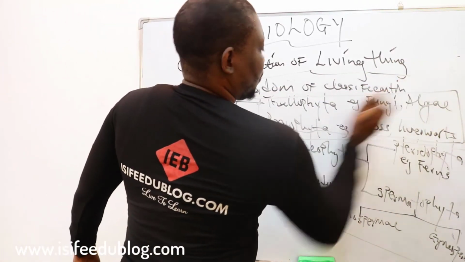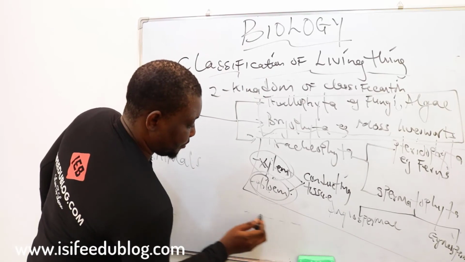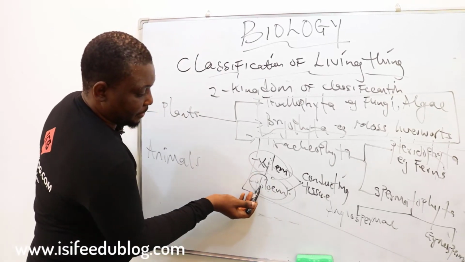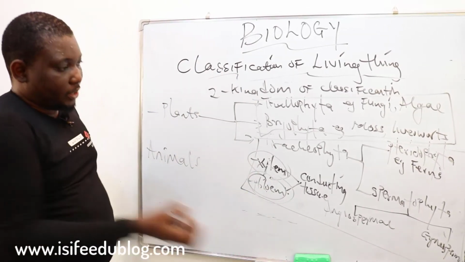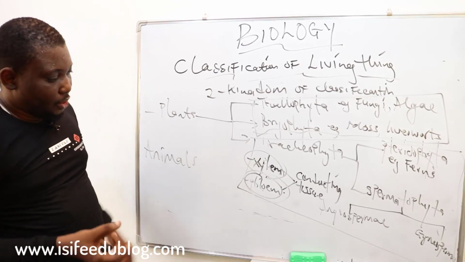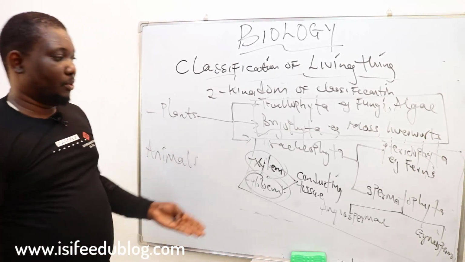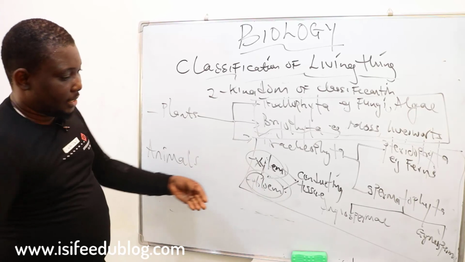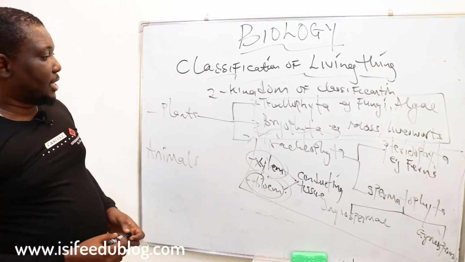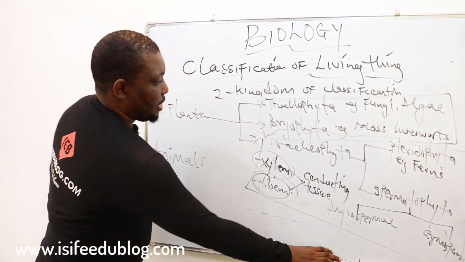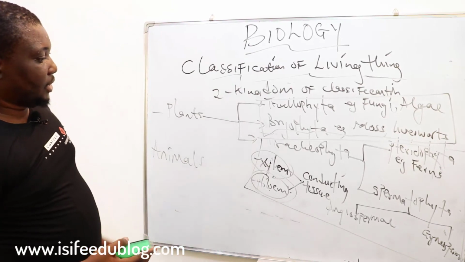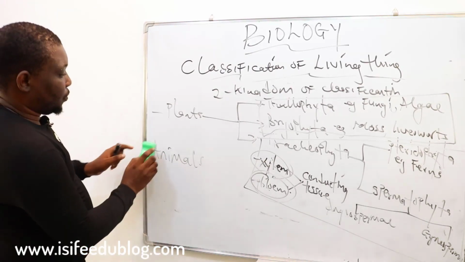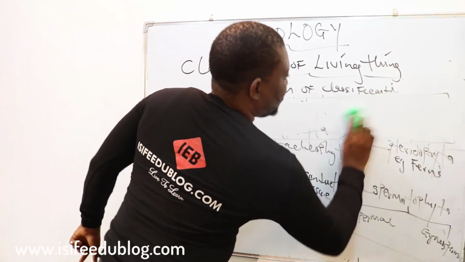Because they lack xylem and phloem, they can absorb water and manufactured food from the soil via osmosis. So there is no system that can conduct these essential substances around the plants. So these are basically it. Then if you come to animal classification, the two major classifications in